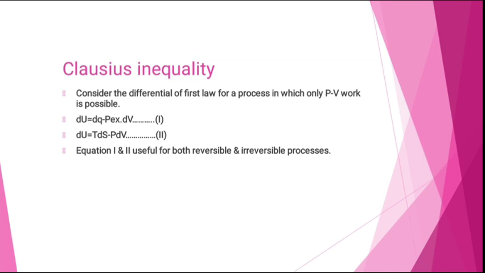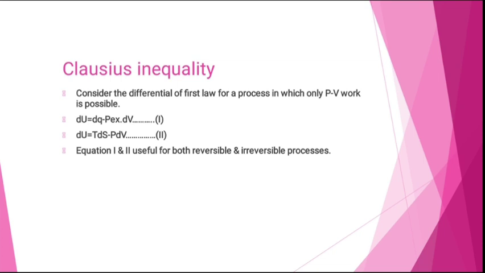It was shown using two examples that delta S is greater than 0, which provides the criteria to predict the natural direction of change in an isolated system, and this result can also be obtained without considering a specific process. Now consider the differential form of the first law of thermodynamics for a process in which only pressure-volume work is possible,